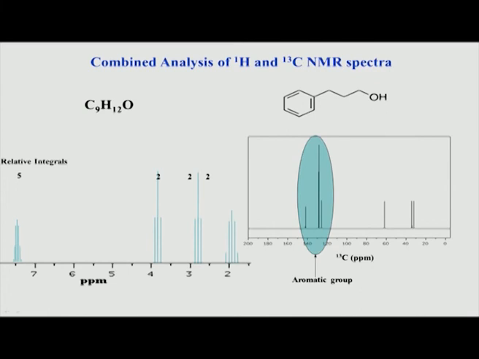So, we have looked at some examples of how we can assign the carbon spectrum based either on the structure directly or in combination with the proton spectrum, or we can predict the carbon chemical shifts directly based on the structure, using some of the rules which we have seen. So, we will now complete this part of the course. We have looked at 1D NMR of proton and carbon and their interpretation in different ways, what factors affect the chemical shifts, how to analyze 1D NMR and so on. So, this completes the second part of the course.